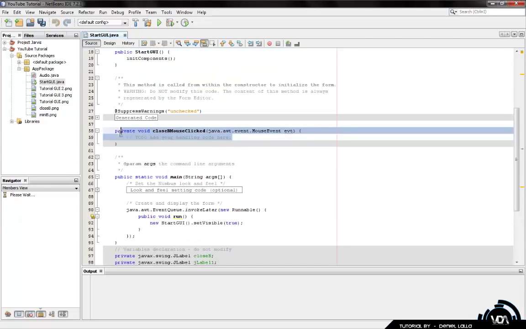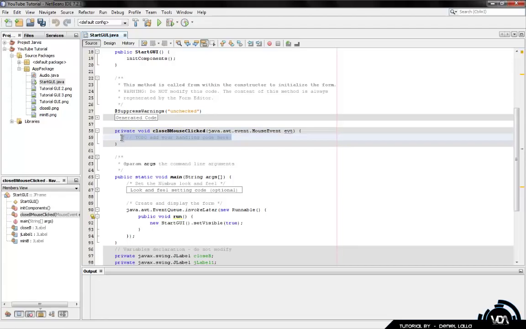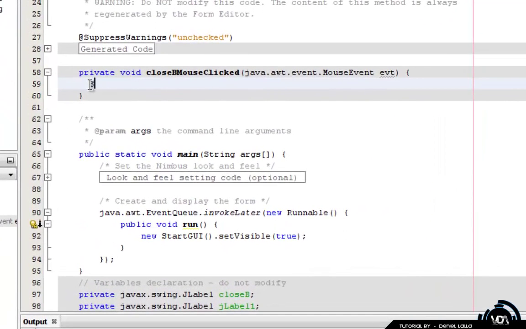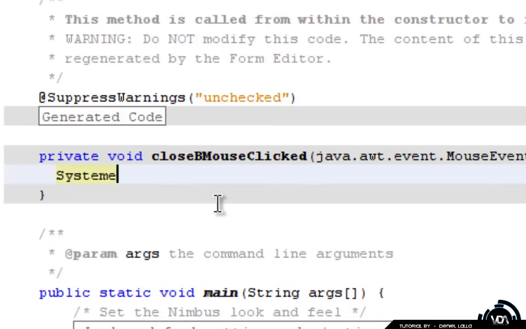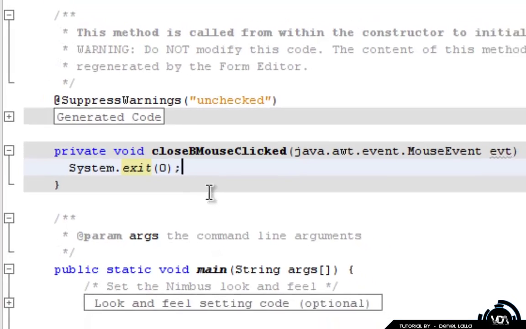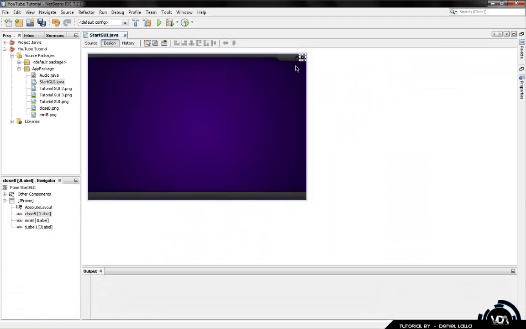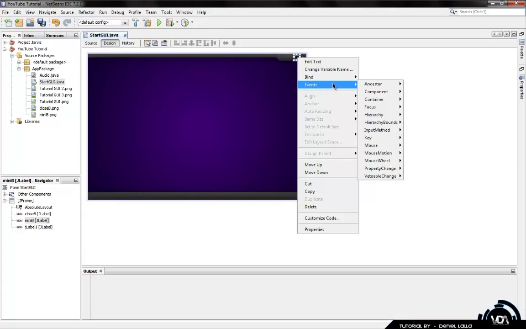System, make sure your syntax is right, capital letters and everything. System.exit, sorry my dot is not working, .exit, open bracket, 0, close bracket, semicolon. Now that is done, we're gonna get the next button, which is the minimize button, and we're gonna go to event, mouse clicked,